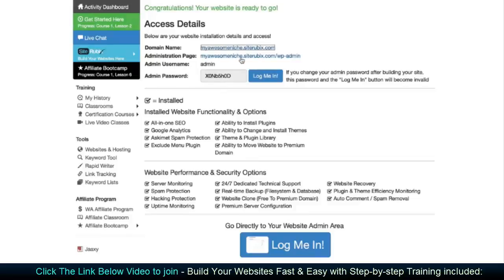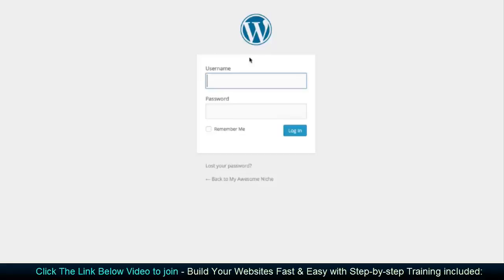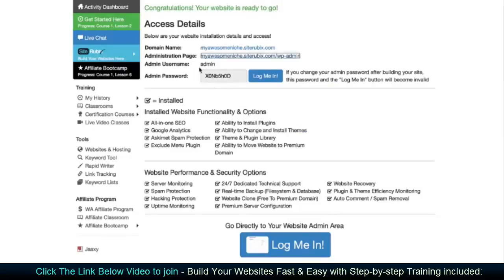Here's the administration page. So this is a page you use to log in manually to WordPress, and this is where you're going to manage your websites. So that's where you're going to go to create content. You're going to update your themes. You're going to do everything associated with your website within the WordPress admin area, which I'm going to be showing you in a second here. But that's how you manually do it, and then you use your username and password to log in if you're to